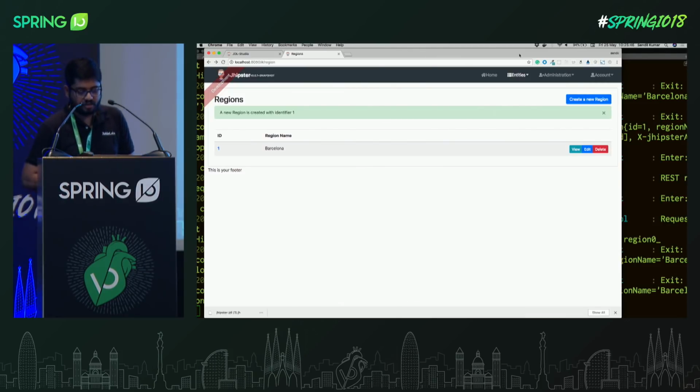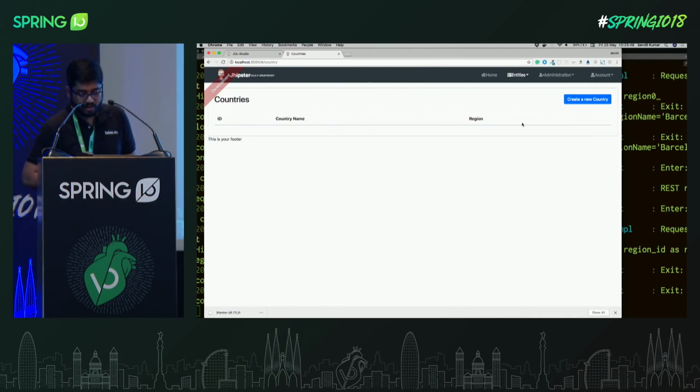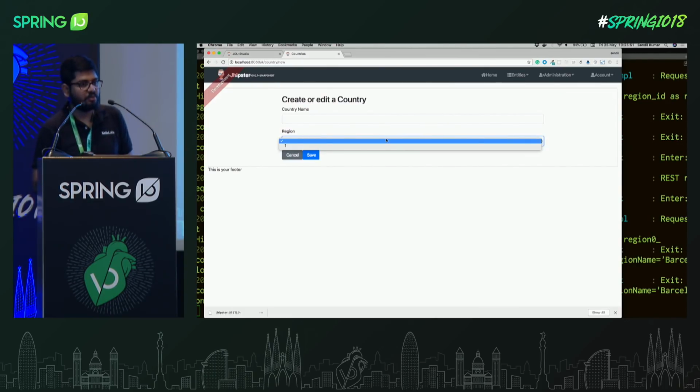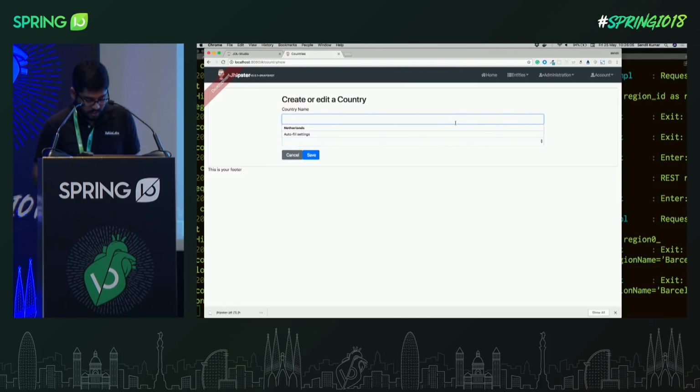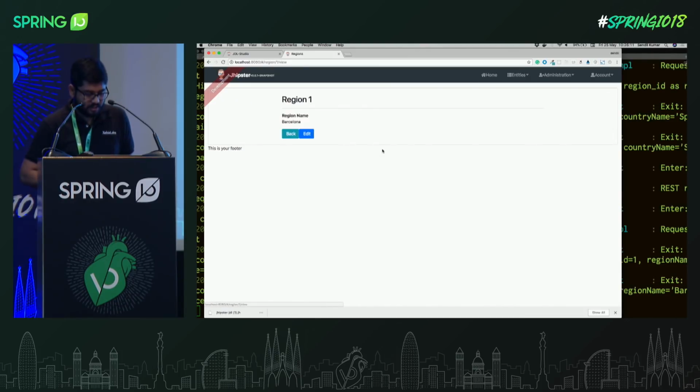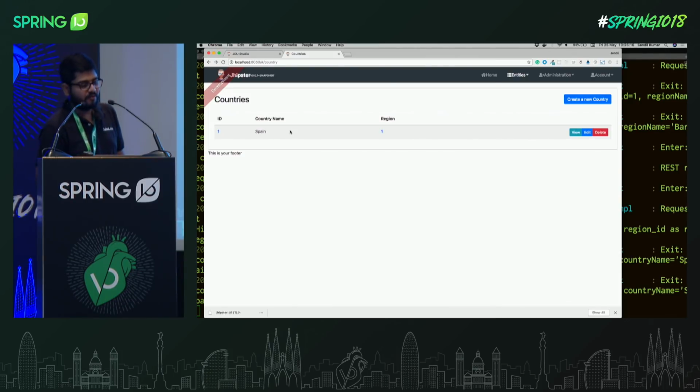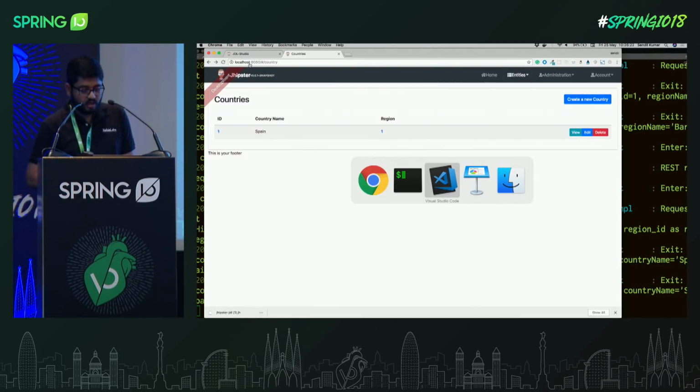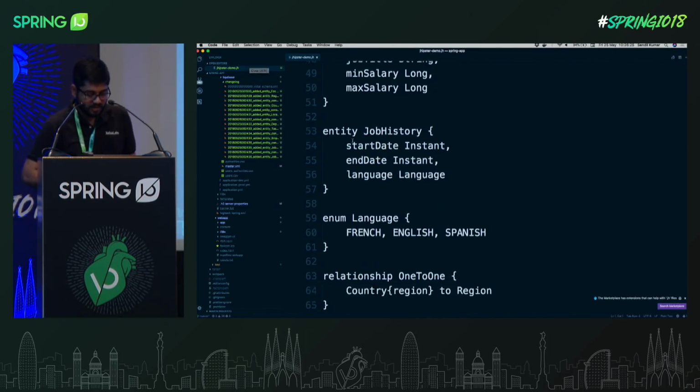So you have everything, and if you have a relationship, we also give you this option here, so it lists down the dropdown. Currently we have ID here, but we are basically expecting users to change it to name or something else, but by default it will have an ID here, whichever you have generated, and you can go ahead and select whatever you want here. So you can also say Spain, and then you can select this one, save it, and then you have a link here which goes back to the country that you have. So this entire front end, irrespective of whatever you have added, is generated. Since we also have some extra options like pagination or using services, those kinds of things,